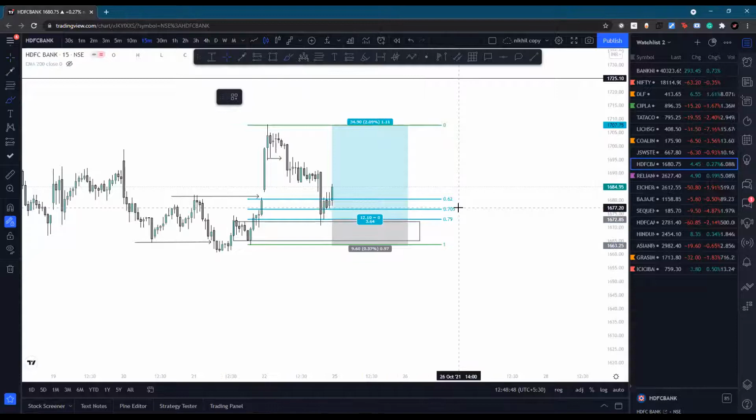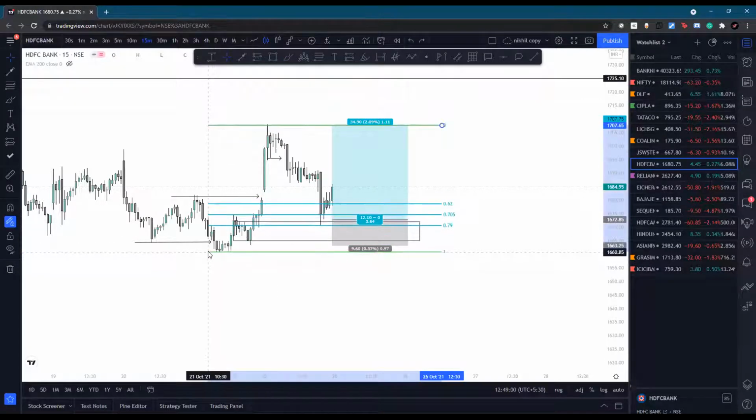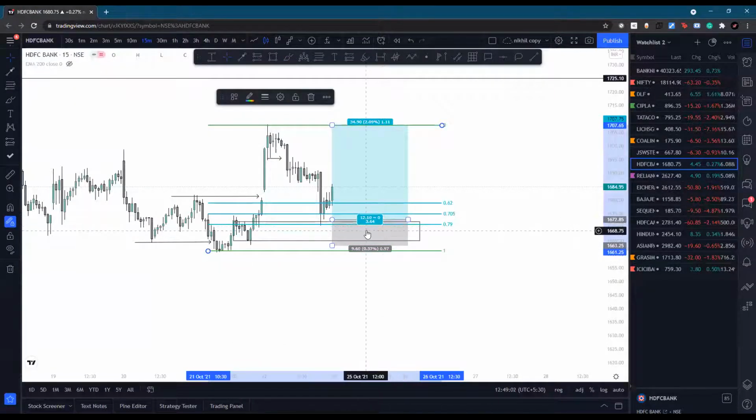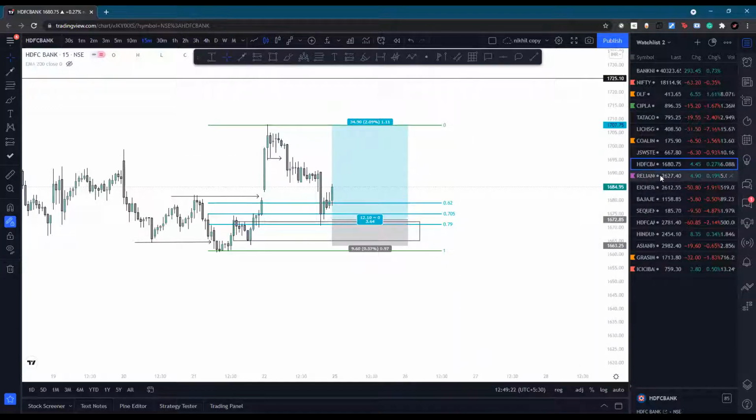Mostly I look for entries around 0.709, and if these particular areas are nearby the order block level, okay, so that is the first confirmation. Or let's see, either of these levels should at least touch those order block levels. Then I will be more sure to take entries on such stocks. Okay, so if we get any entries on HDFC Bank, मैं आँख बंद करके entry ले लूँगा HDFC Bank पे.